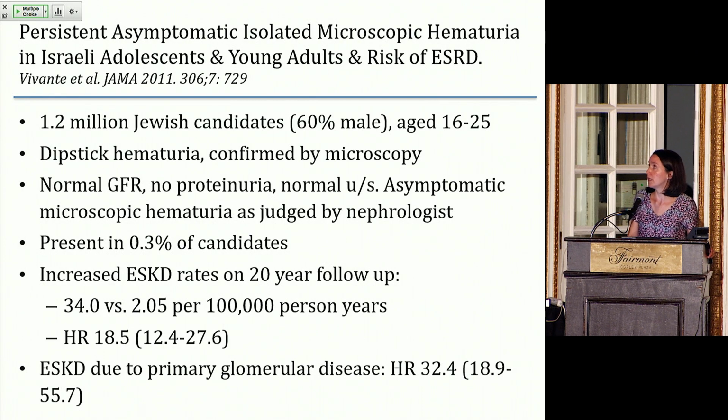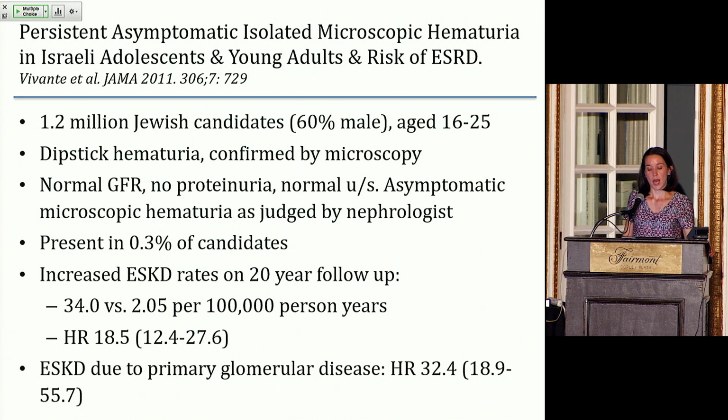This is a study that I always refer to because I find it quite striking. This was from Israel, where they looked at 1.2 million candidates for the Israeli army who were 60% male between the ages of 16 and 25, and they underwent their screening medical. And they selected those candidates that had dipstick hematuria confirmed by microscopy. All of the patients included in the study had assessment by nephrology and had no other abnormalities apart from isolated